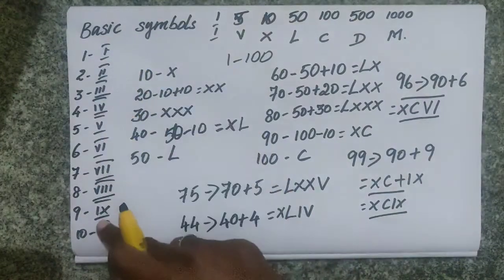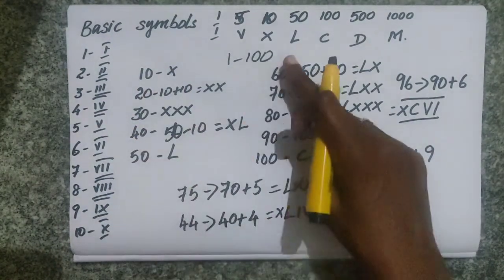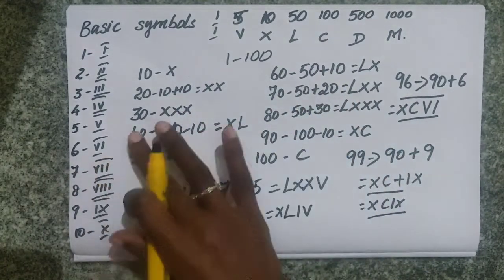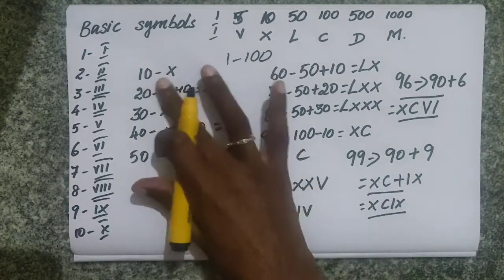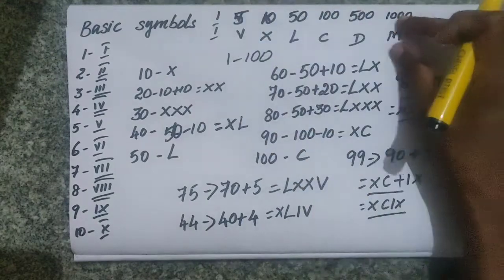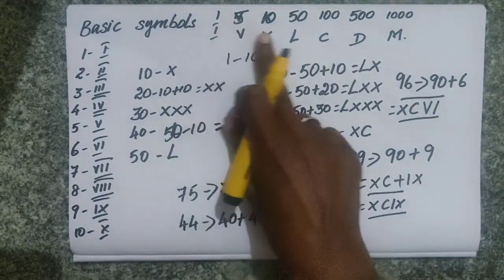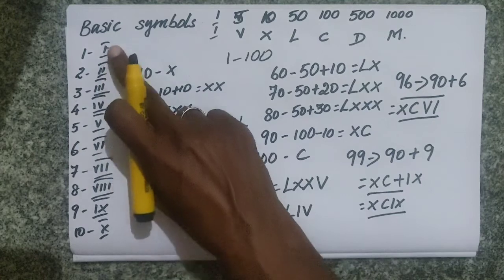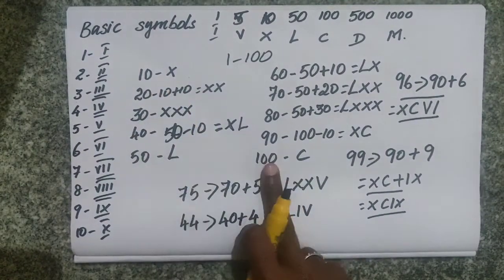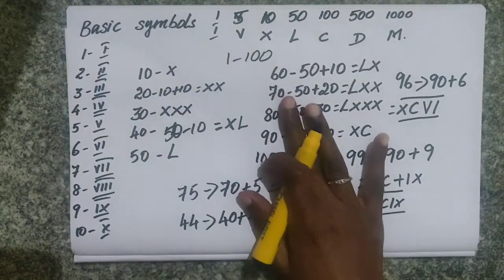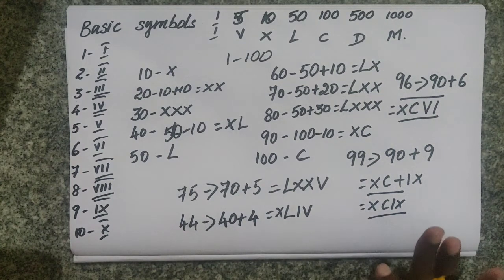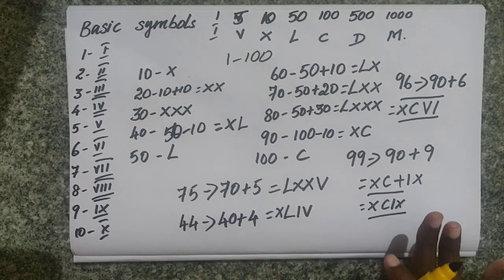Okay, so if you know 1 to 10, and again 10, 20, 30, 40, 50, 60, 70, 80, 90, 100, only these 20 numbers you learn by heart and keep. If you know the rules, you don't need to learn by heart; you can write by yourself. You only have to learn by heart these 7 basic symbols. That is enough. Then if you know the rules, you can write 1 to 10, and 10, 20, 30, 40 to 100 by yourself. If you know these 20, you can write all the numbers from 1 to 100. So keep this in mind, and you can write any Roman numeral.